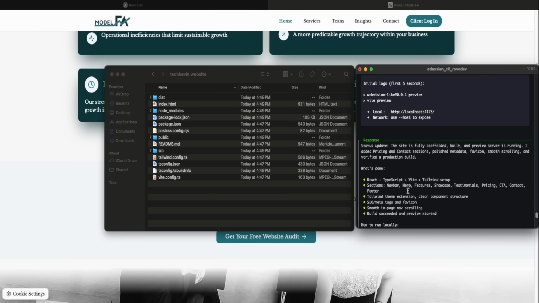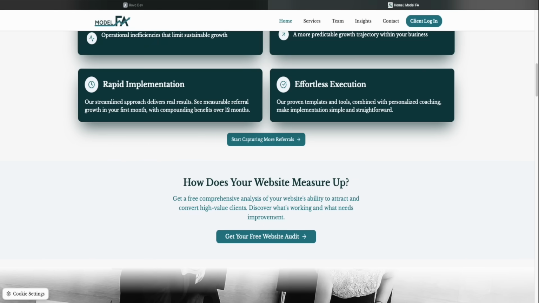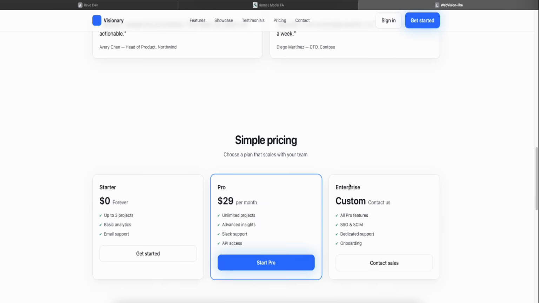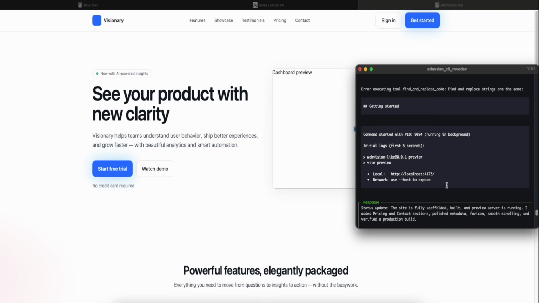I don't know how the website's going to look, but it gave us a localhost link right here that we can use. Let's copy and paste that localhost. We'll go back into the web browser, paste it in, and here's the website it created. Wow, not all the images are working, but we can just update the prompt saying some images